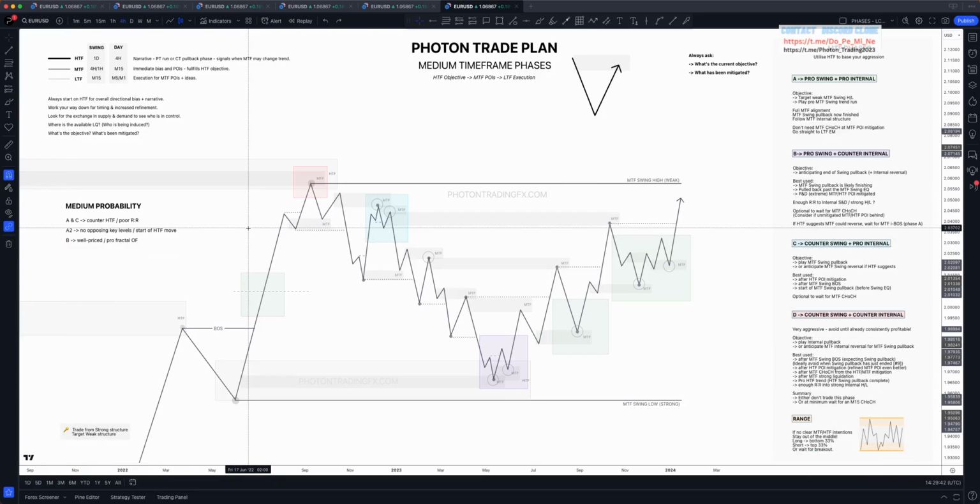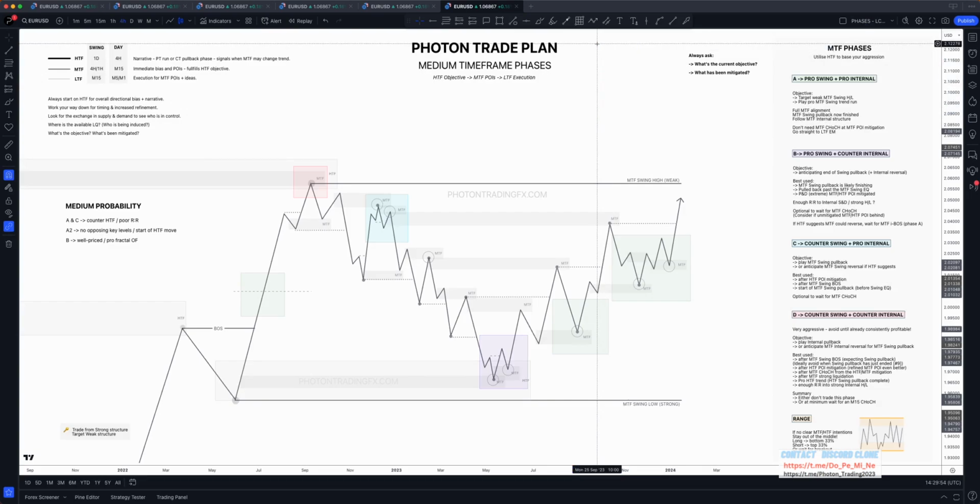So that's how I can categorize what the majority of my trades are going to be for medium probability. And then what makes them high probability is when you have almost the perfect trade. There's almost nothing really against it. There will always be some negative confidence, of course, but we'll get into that at a later date. So that's the theory out of the way. Let's dive into a few examples and try and make it all make sense.